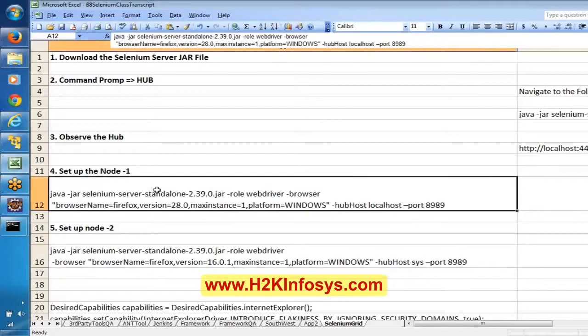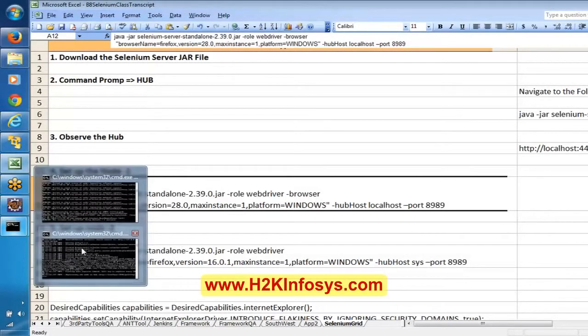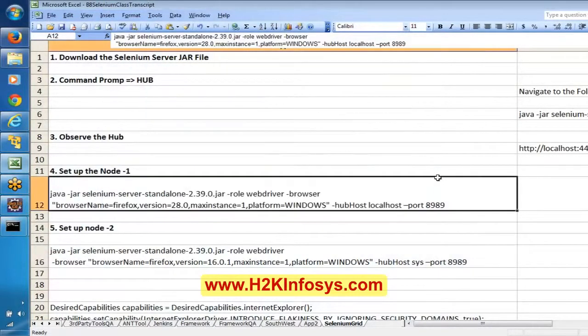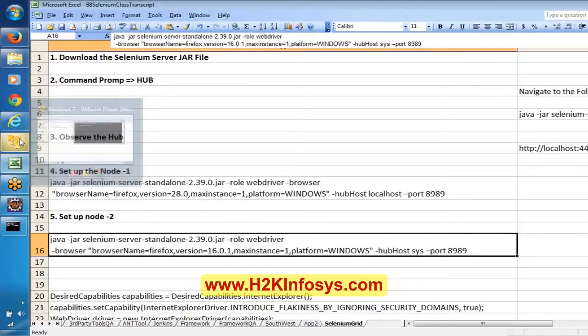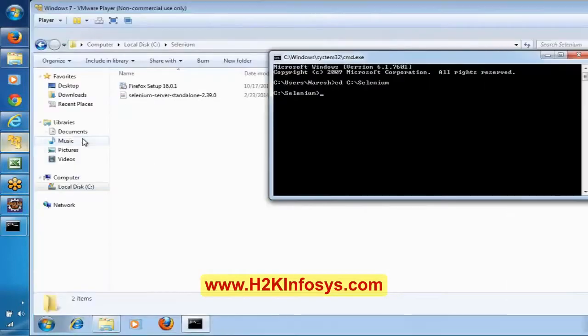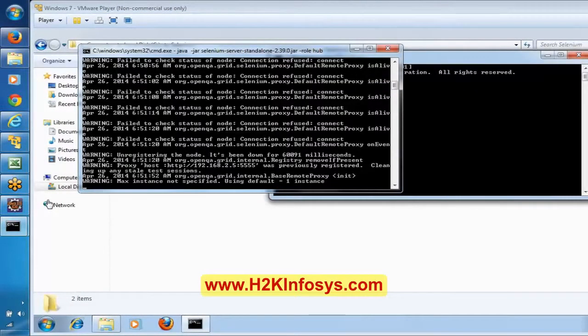Because the first node that we have created, we opened in this machine itself. So we are saying localhost. It means the hub is available in this machine itself. But whereas this node we are trying to create here, in this virtual machine, is different. So we are trying to establish a connection from this machine to the original machine, and that too for this hub. I'm trying to establish a connection from the virtual machine to this.